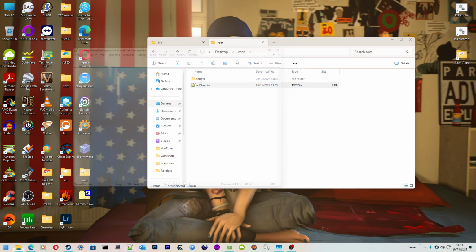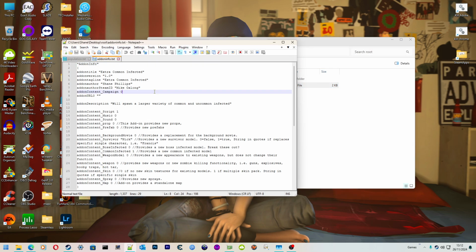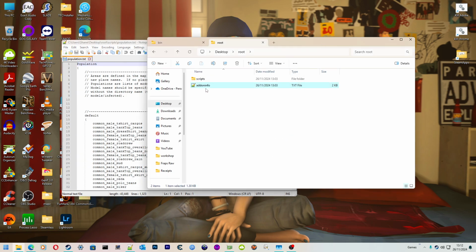add-on-info.txt. The add-on info is just a list of information that the game uses at runtime to display all the information you see on the mod screen, like the title of the add-on here, the author and so on. You don't need to edit this, it'll work fine. This is just if you want to give your edited version your own name. The actual meat of it is in